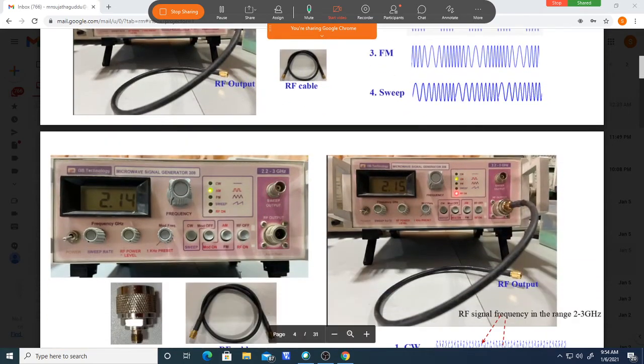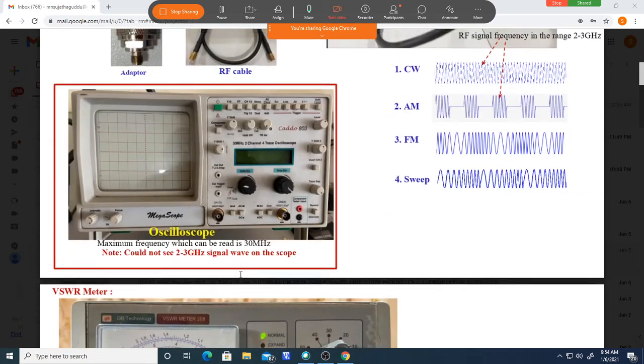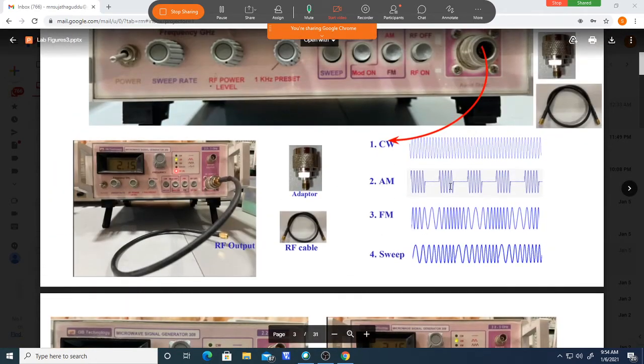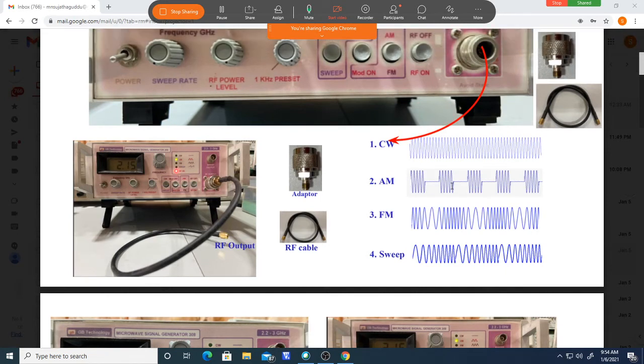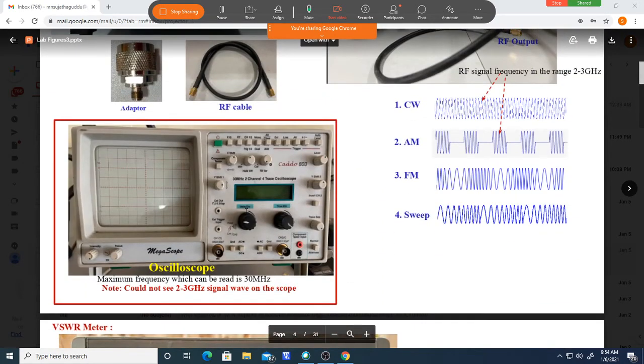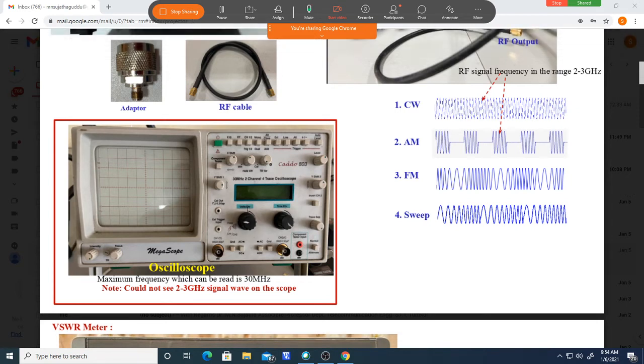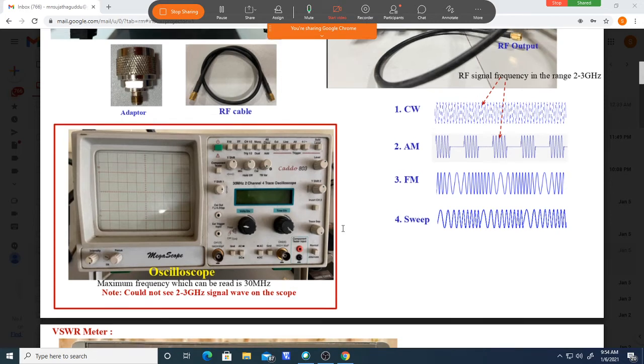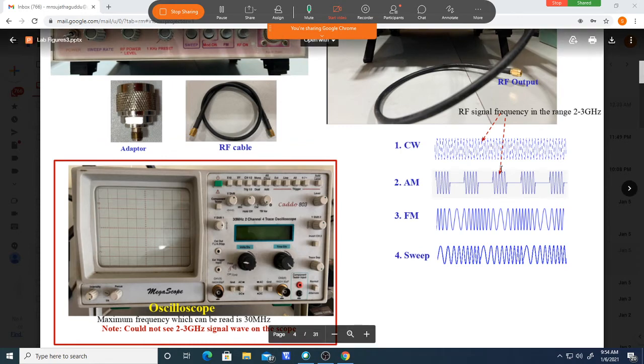For that we need an equipment, but see here, this is a gigahertz signal. Can we observe this on the usual equipment called an oscilloscope? Like this equipment, the oscilloscope. Usually, even in a system we have an oscilloscope in which we display the signal. This is the equipment called an oscilloscope.